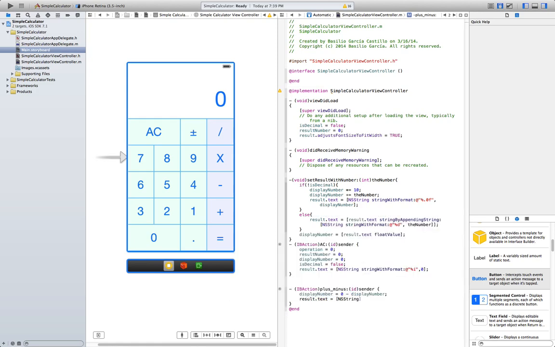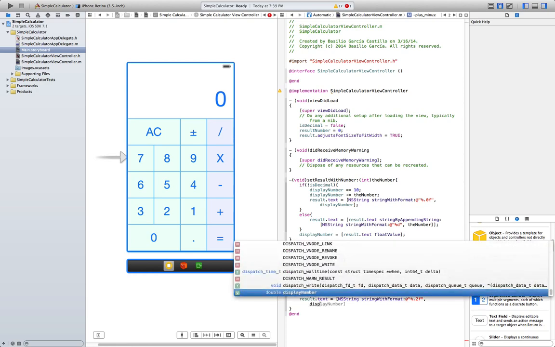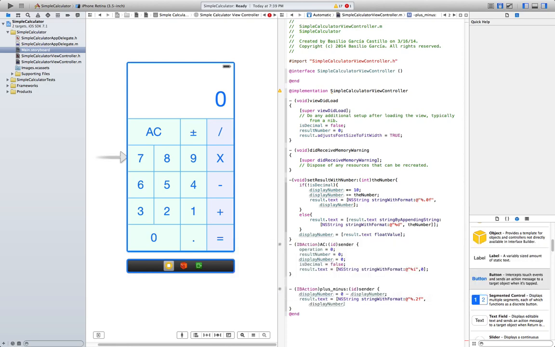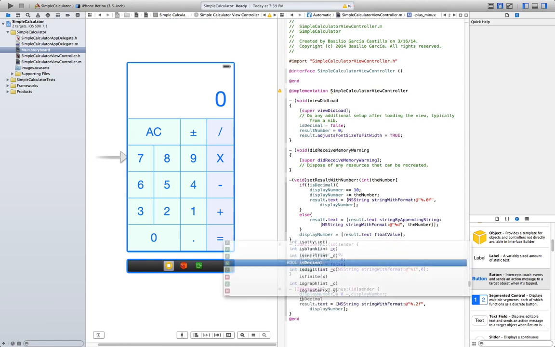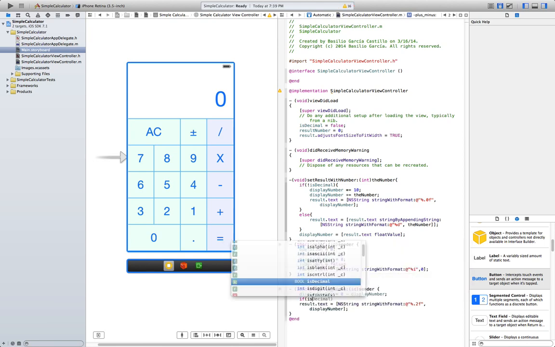And a string with format percentage 0.2f, comma display number, but this is only gonna happen if this decimal is true.